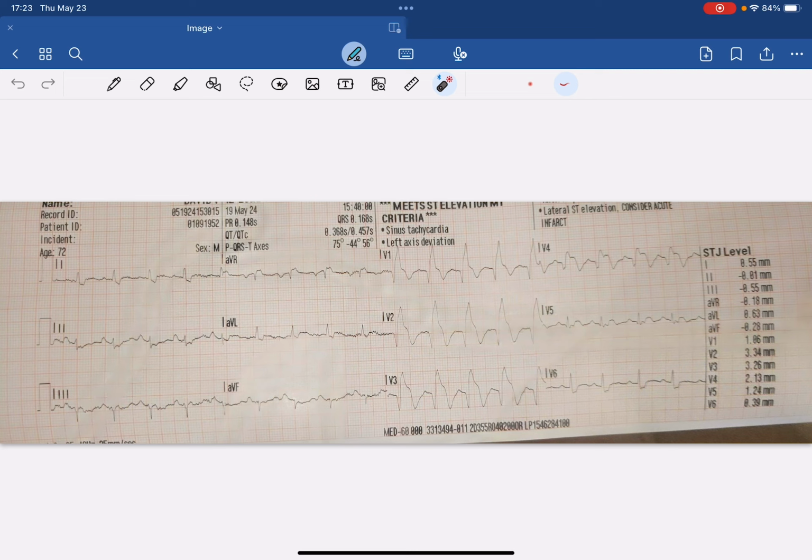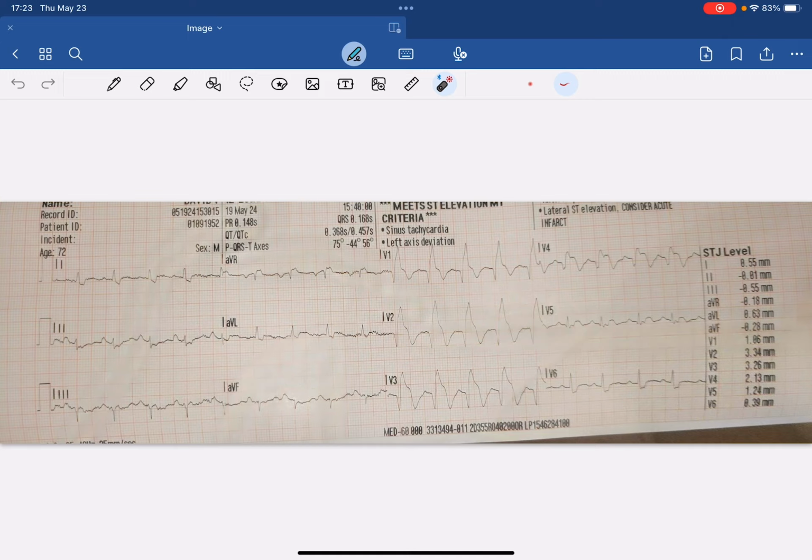So Chris got called out to a 72-year-old male who had the complaint of chest pain, shortness of breath, and I think was also fairly diaphoretic as well. And as you do in those situations, you'll get a 12-lead ECG, and this is what he was presented with initially. Now, when we look at this ECG, we can tell pretty quickly that this is in fact a sinus